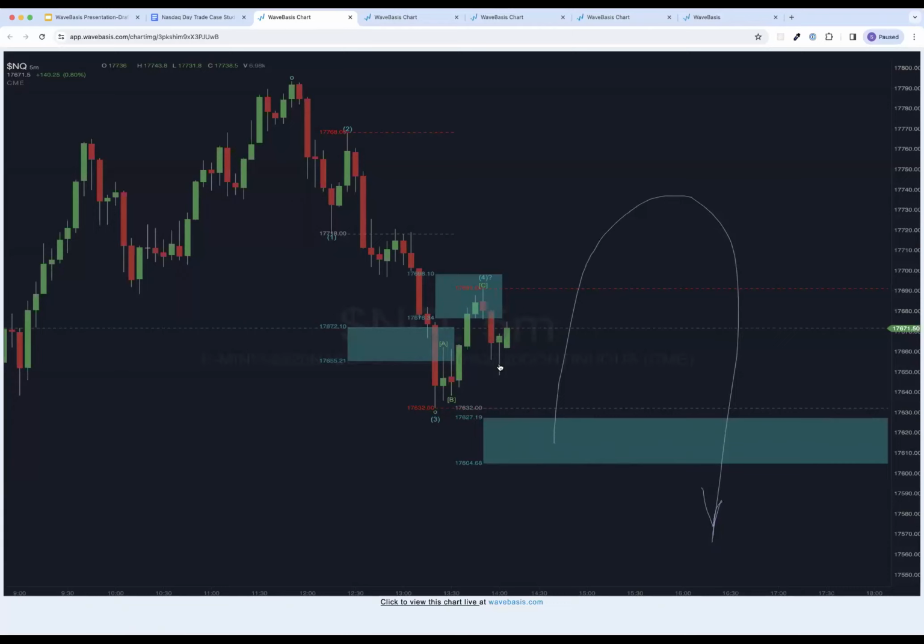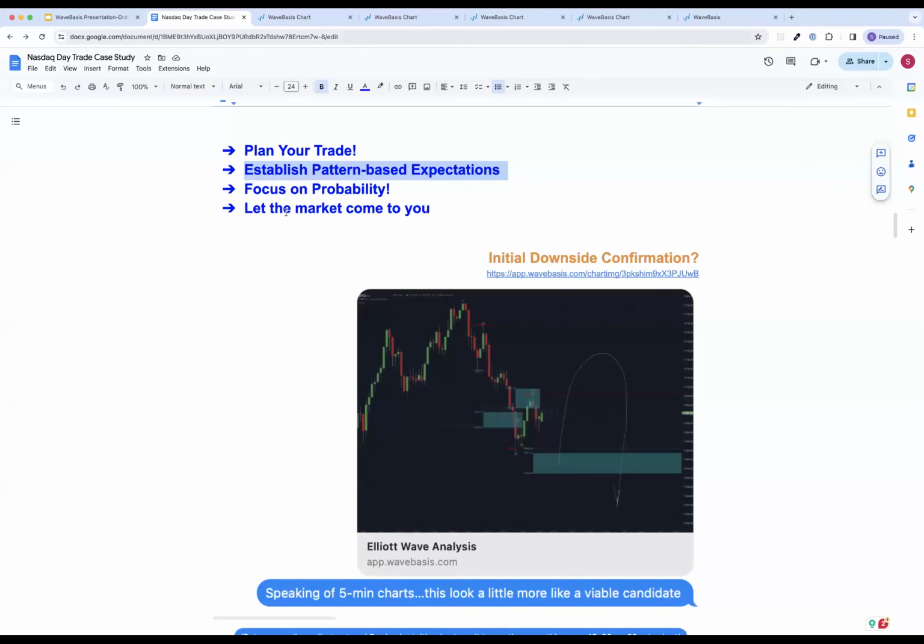What you want to do is establish some pattern expectations and then track it forward, with the underlying philosophy being, in line with Elliott Wave analysis itself, that once you see part of a standard or high probability pattern complete, the probability is higher that the rest of the pattern is going to complete. So again, we're just trying to align our thinking and our trading with the operative probabilities as suggested by Elliott Wave analysis, and as enhanced by these colored boxes that WaveBasis gives you to tell you where the high probability turning points are. And again, let the market come to you.